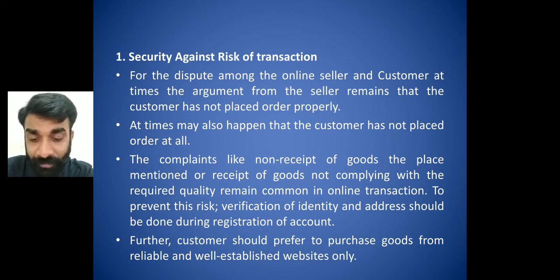right? So as a buyer, you can buy goods or a commodity from reliable sources, not from unauthorized ones, like when you see an ad on Facebook, click on it, give an order from it, and then the specification and whatever things were mentioned are not available in the product you get. These things can happen. So what is the main thing? You should buy from reliable sources and authorized websites,